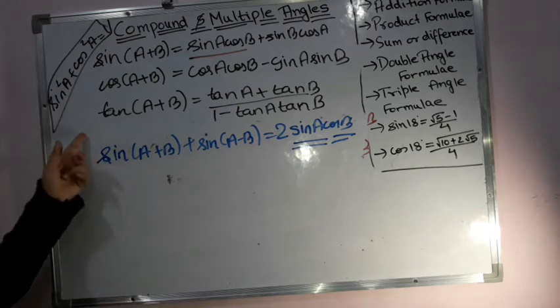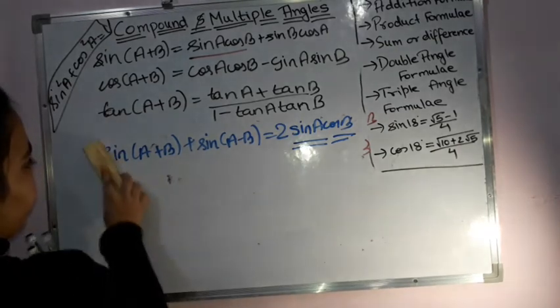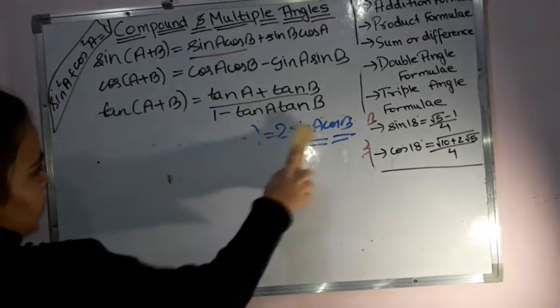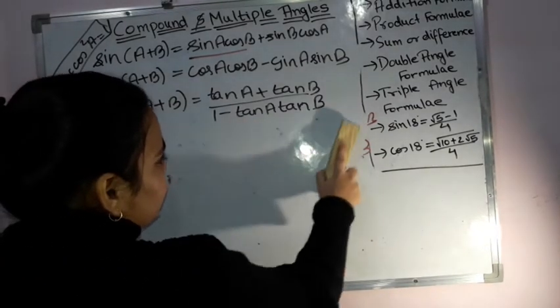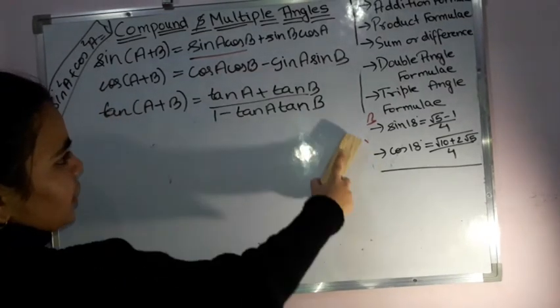So with the help of the first three only, that means you don't have to learn them also. So product formulas is done. Then after these product formulas, we will be having the sum and difference into products. So sum or difference into products. Now let us see how to do that part.